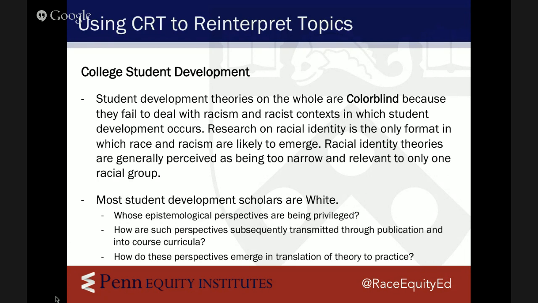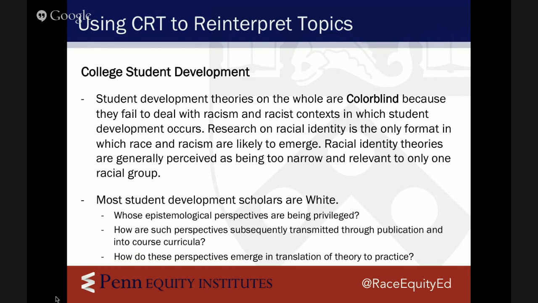And when we think about racial identity theories, I'll say, for example, Cross's theory of psychological nigrescence broadly is perceived to be about Black people. And any racial identity theory is perceived to be about that particular group, as too narrow for aspects of it to be used across the board. But the same is not true of these theories that have primarily white participants. And so there's a bit of a contradiction there.